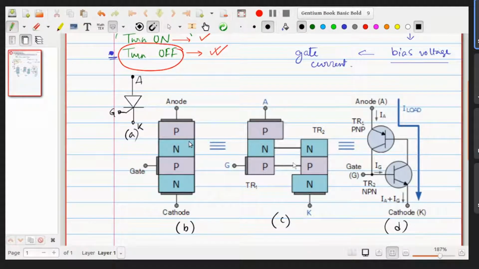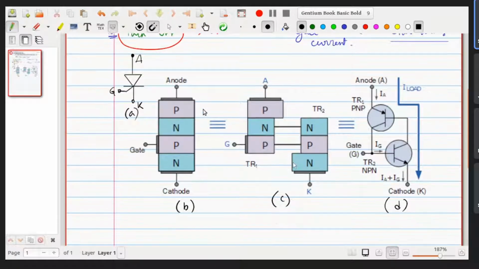So it will operate in two modes or two states. One will be the on state and the other is the off state. Now, how will things work? If a huge diffusion current is flowing between the anode and the cathode side of the device, then we will say that it is in the on state. And if a very small leakage current flows, the device will go into the off state.